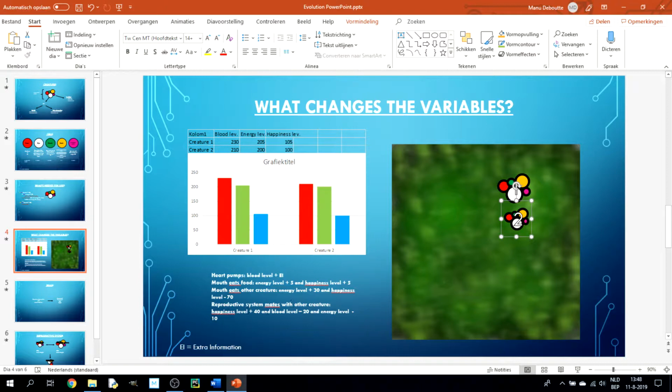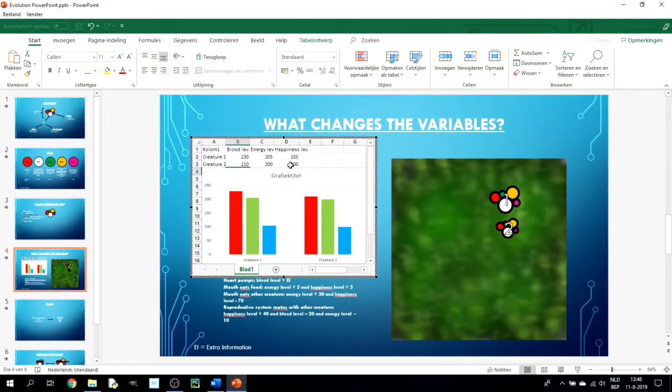The brain wants to mate. Sorry. So when the reproductive system mates with the other creature, the happiness level is done plus 40 because, yeah. And the blood level is done minus 20 and the energy level minus 10 because it's really